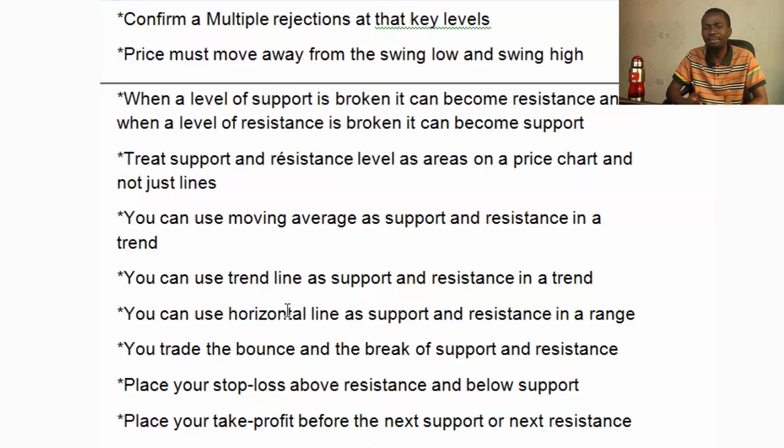So a trend line can be used during a trending market, right? If the market is in an uptrend, the trend line will work as a support level, and if the market is in a downtrend, the trend line will work as a resistance level. So what you have to do is, once you plot the trend line at the lows, you wait for 2, 3 pullbacks. If you wait for 2 or 3 pullbacks, right, you use your trend line to connect the lows